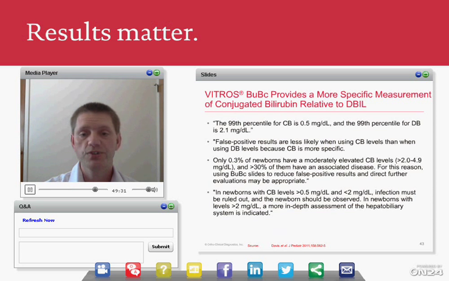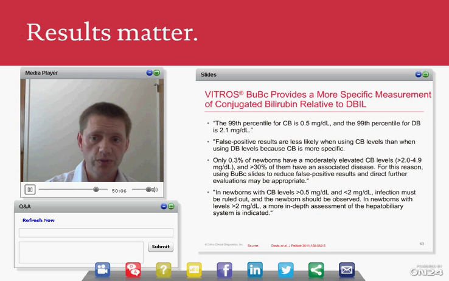Only 0.3% of newborns had elevated conjugated bilirubin of at least 2 but less than 5, and 30% of these had disease, versus a dramatically lower proportion for the D-bill assay." This presentation should be available for download, and the reference is shown at the bottom if you're interested in finding out more. So what they concluded was that